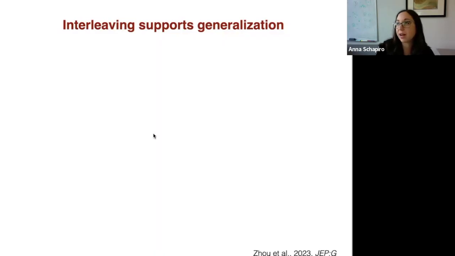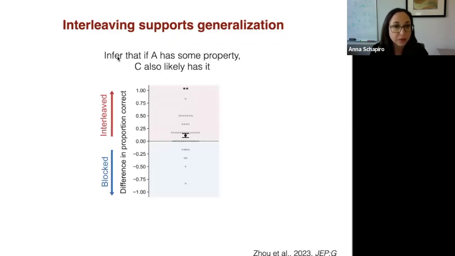But of course, we think that that kind of representation should be useful for certain kinds of situations like generalization. So we ran a couple of experiments to try to show off what that kind of representation might be good for. Here we did the same exposure as before, but then at the end we taught people that some of the A objects have a particular property that they have to remember. And then we asked how likely they are to generalize that property to the indirectly associated C object. And we found that they were more likely to do that in the interleaved case than the blocked case.